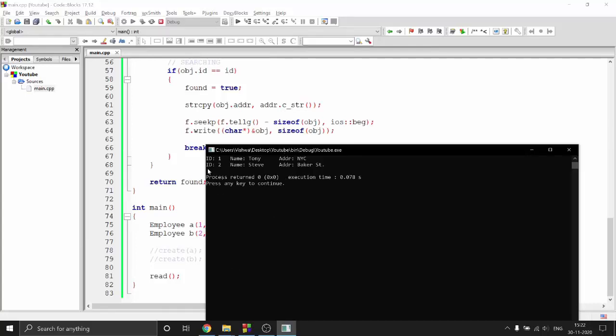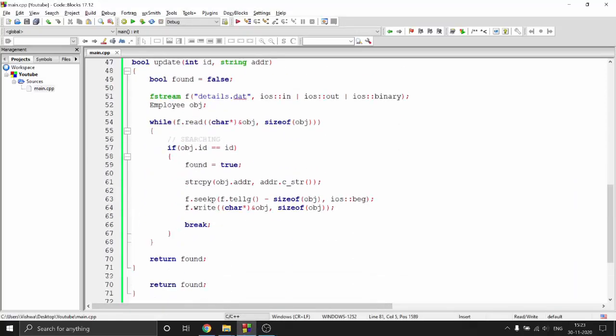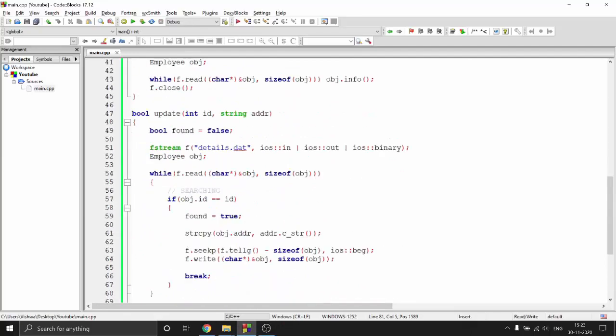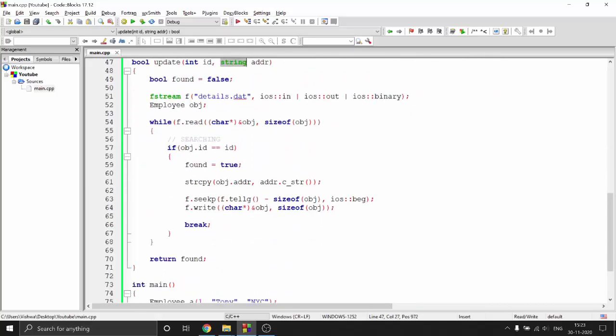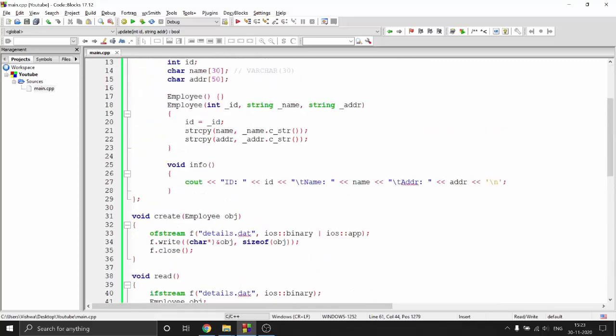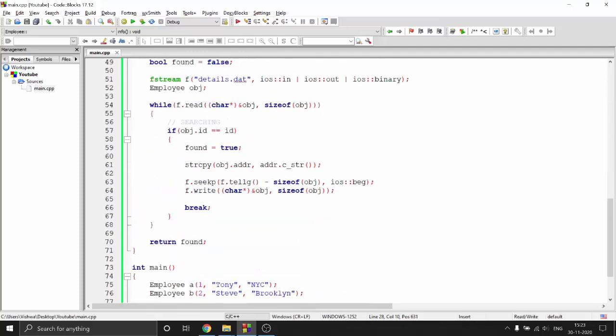So the same way you could also update the whole object, right? But I did not do that here because I need to create another file, and it takes time. But I encourage you to try it on your own. So instead of a string, you just have a whole new employee object, and instead of copying that, you just create a copy constructor over here. I think you all know what a copy constructor is, and you just need to define a copy constructor so that these IDs get copied, and then you just paste, and do the same thing. You just go back and then write out the new modified object, right?